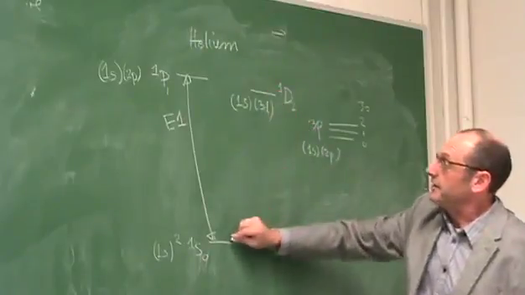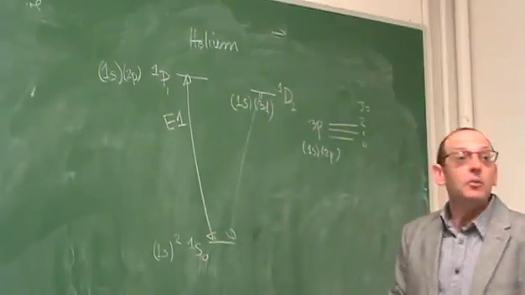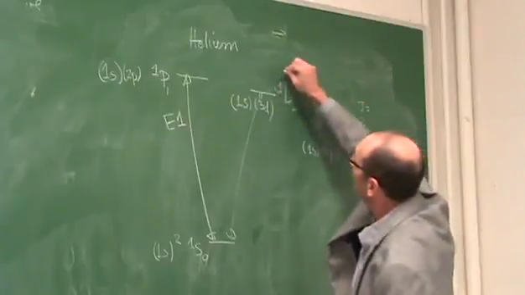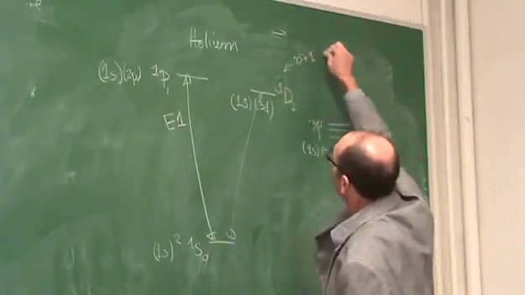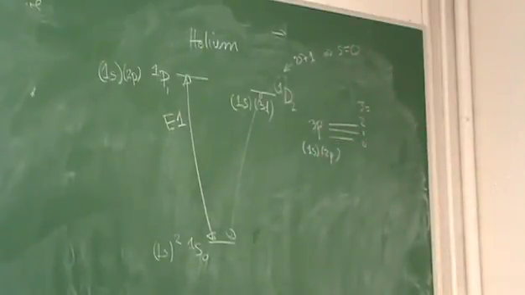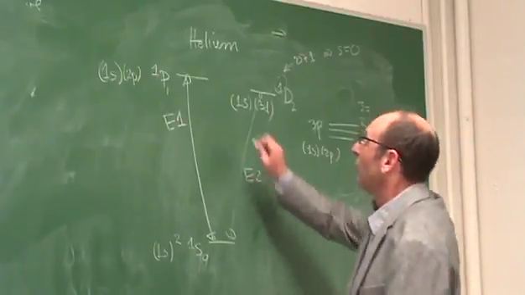What about this transition? Is that E1, M1, E2, all the above? Well, E1 is not allowed because S is changing. No, this is the 2S plus 1, so these are both. Yeah. So that's okay. What is delta L in this case? 2, right? So that's electric dipole. What about this transition?